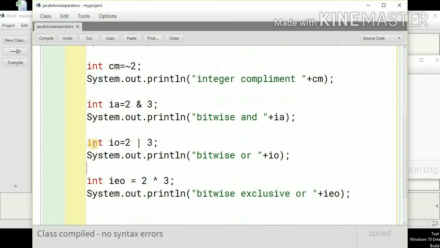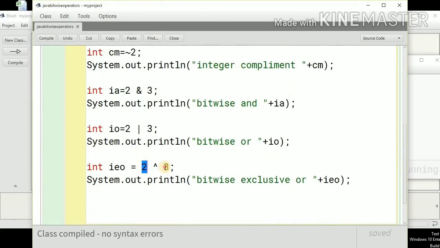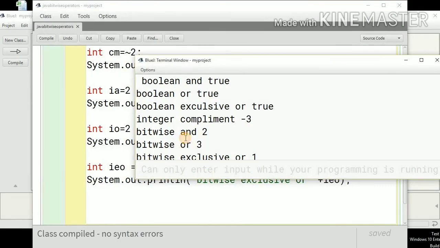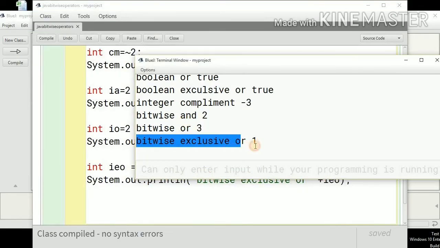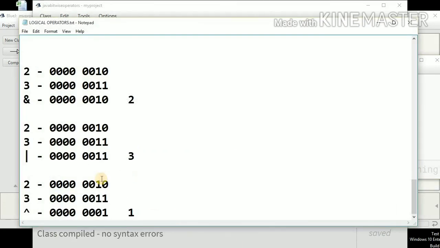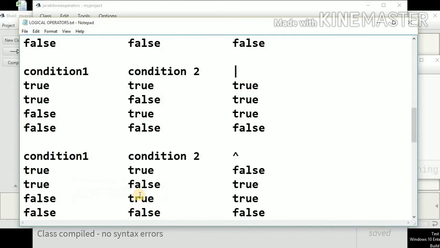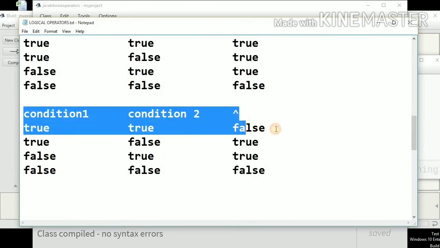Now let's talk about the exclusive OR operation. The exclusive OR operation, 2 exclusive OR with 3. Let's see what is the result of this exclusive ORing. The result of this bitwise exclusive OR is 1. Let's see how this is coming. Again, we will represent 2 in the binary form, we will represent 3 in the binary form, and we will apply the exclusive OR operation. For this, we will be referring to the table of the exclusive OR.